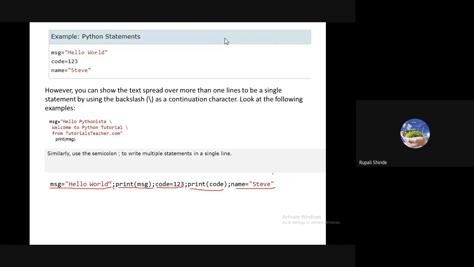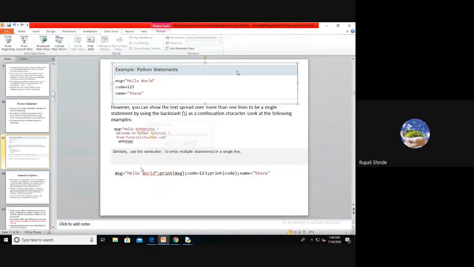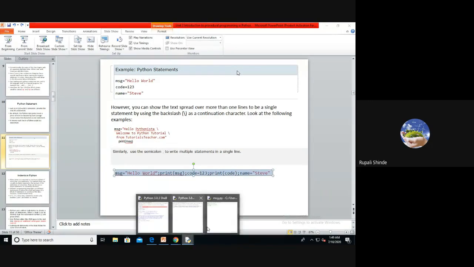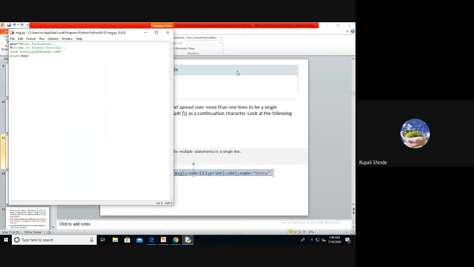It is the third way to write the statement in the Python language. We will see it with the execution. So we have to just copy the code and execute it. Here we have to write.